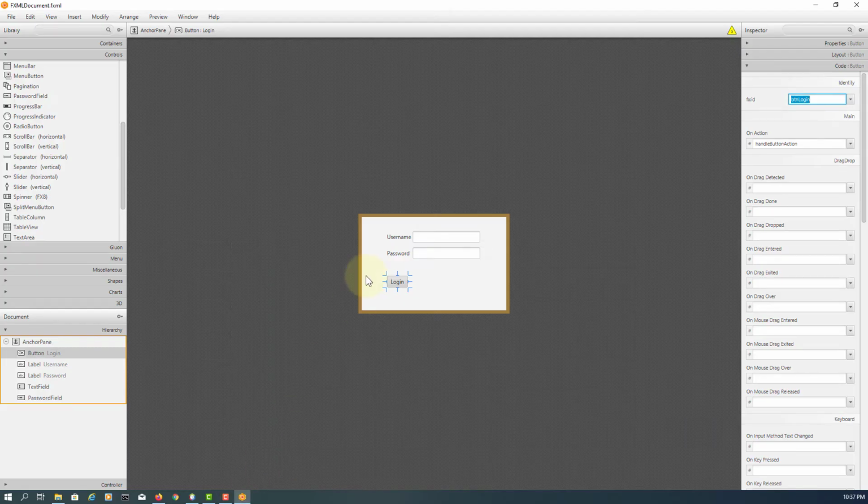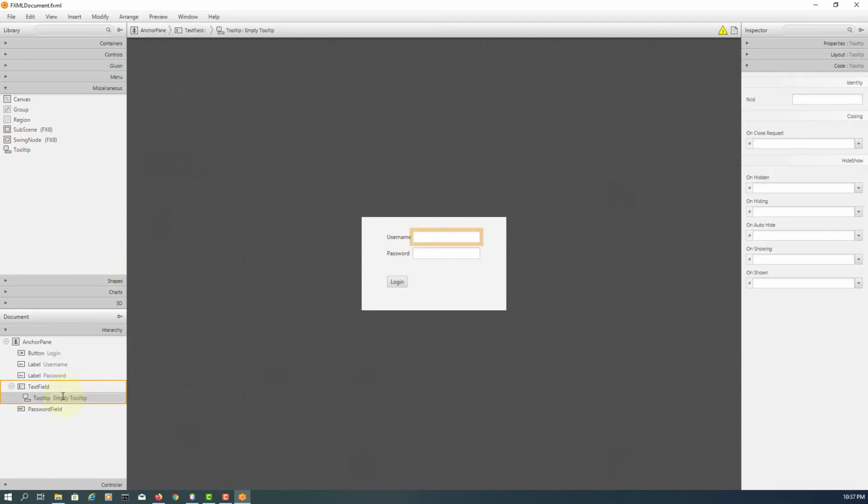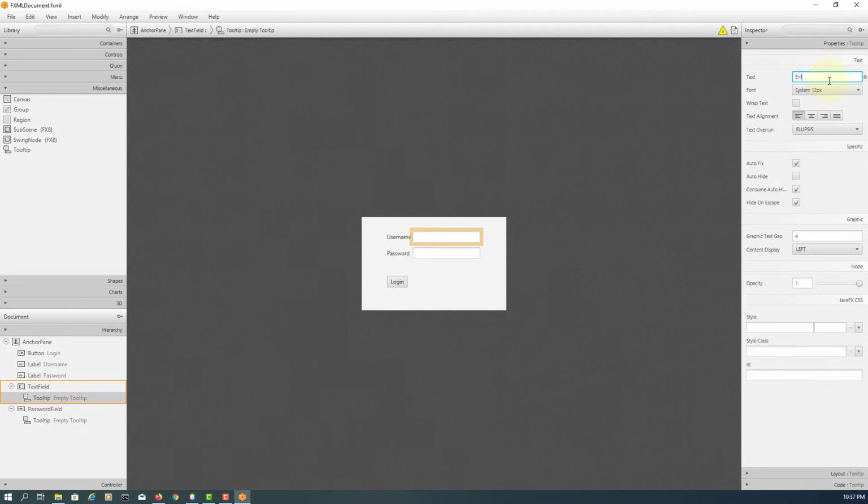So go back to Scene Builder. Here, tooltips: just drag and drop to the text field. The second one, drag and drop to the password field. There are two tooltips. Select the first one